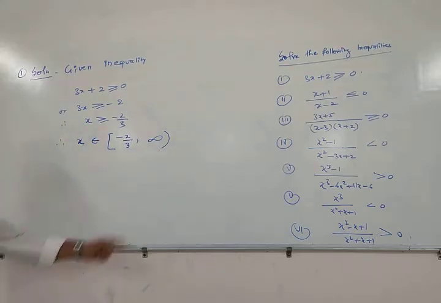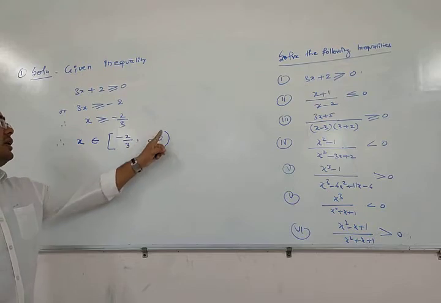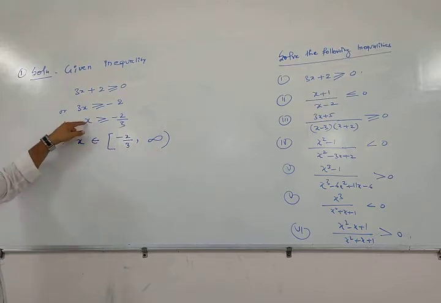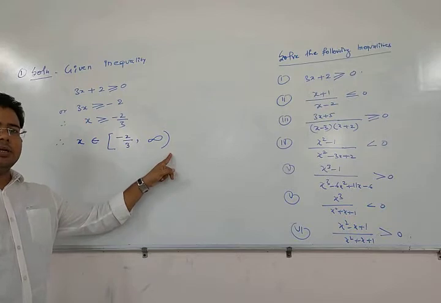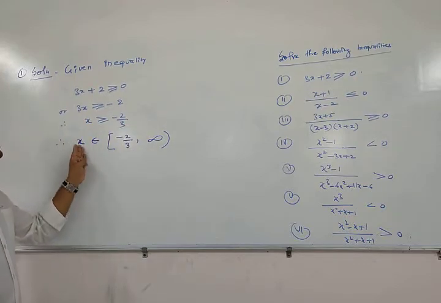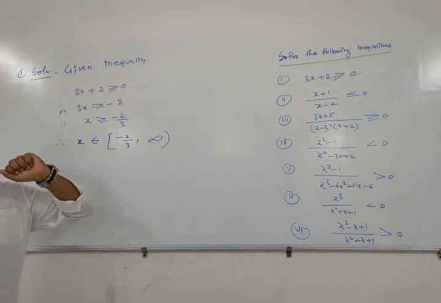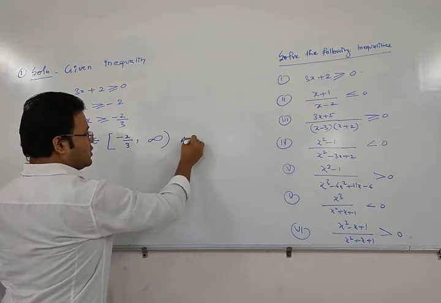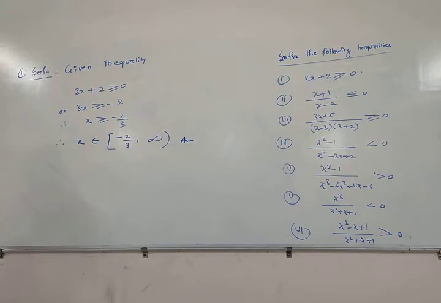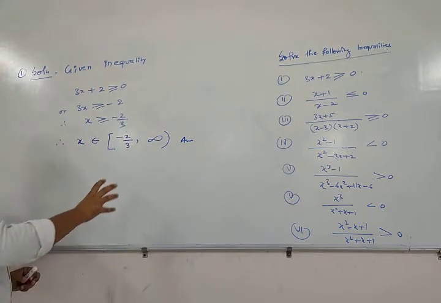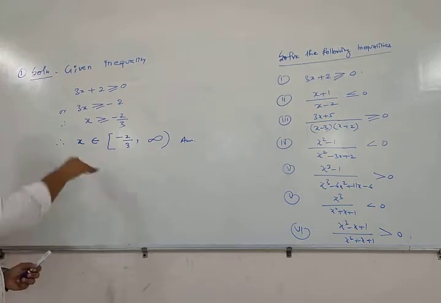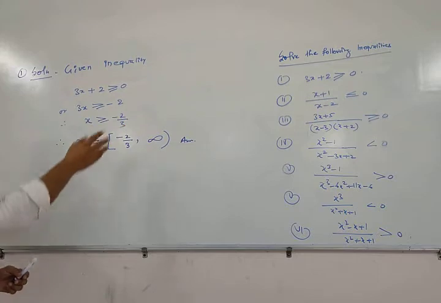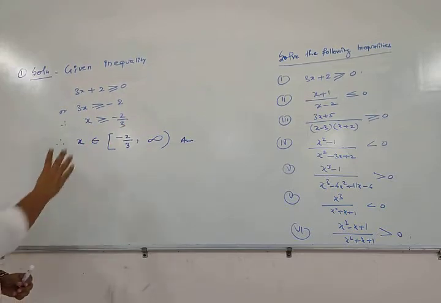So we have to write it in open interval. So this is the answer, but we have to write the answer like this. This is the clear indication of where x belongs. So this is the final answer. And this is a very simple question, and here we do not apply the concept of sign scheme of rational expression. But in the next problems, we must apply these concepts. So look at this.